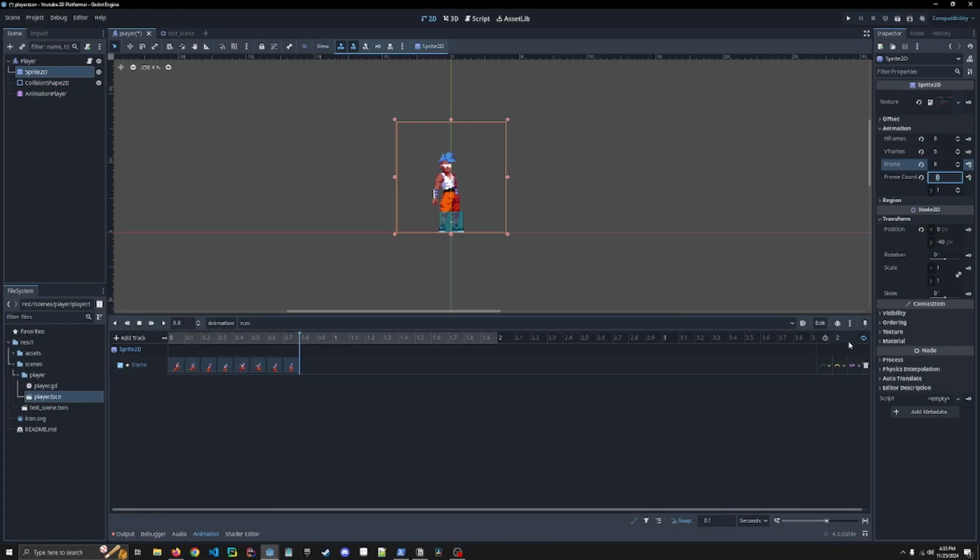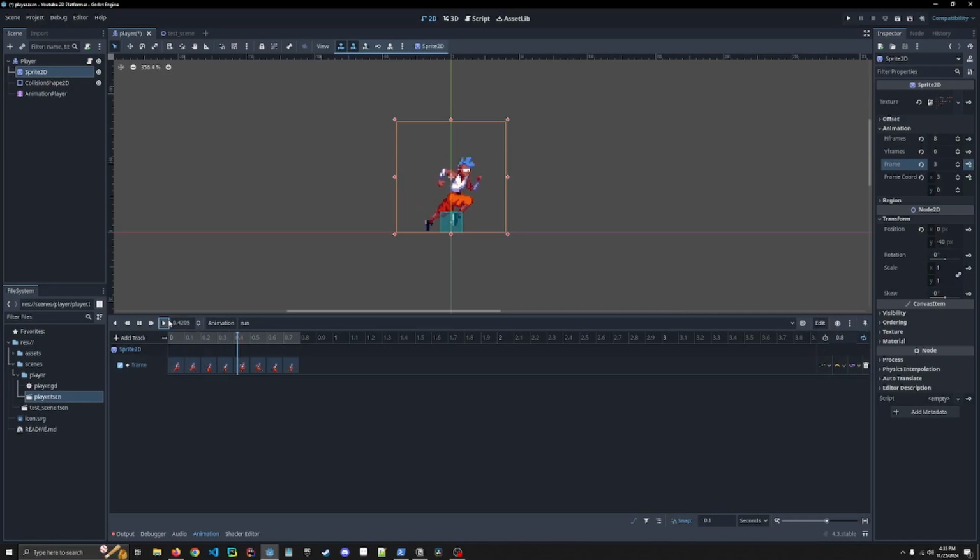So this looks like we are also at 0.8. We are looping. It's not our default. Let's just see how this looks. I think that looks pretty good. We can always tweak this as we want to down the road, but I think this looks pretty good. Now we can